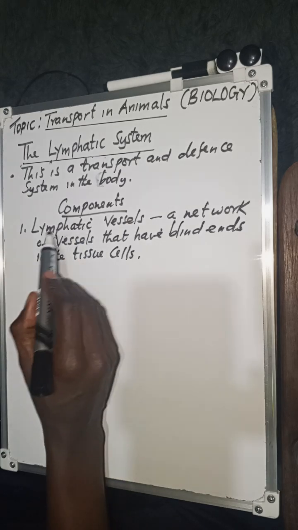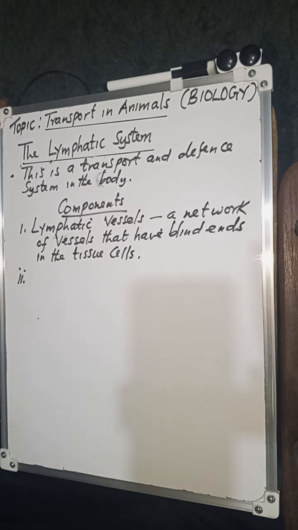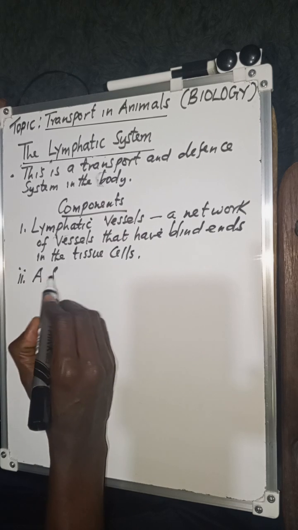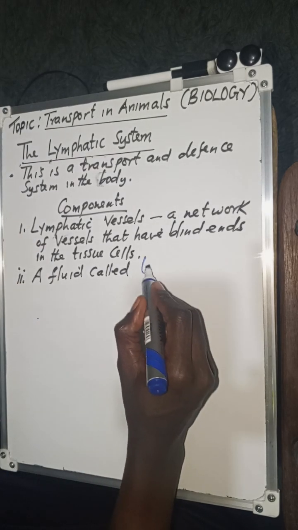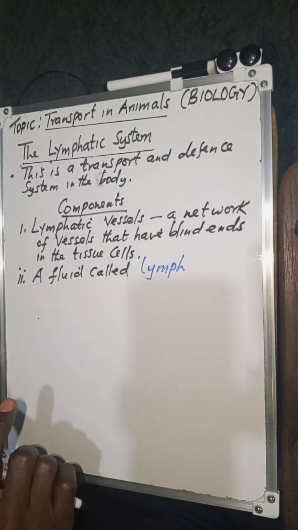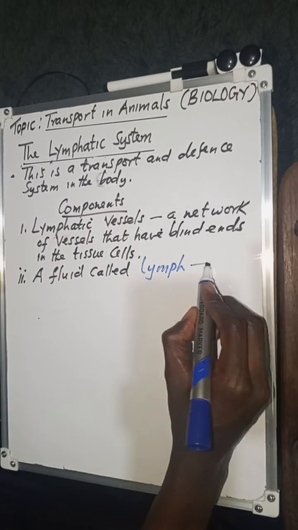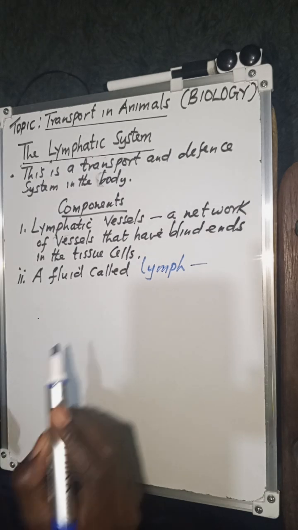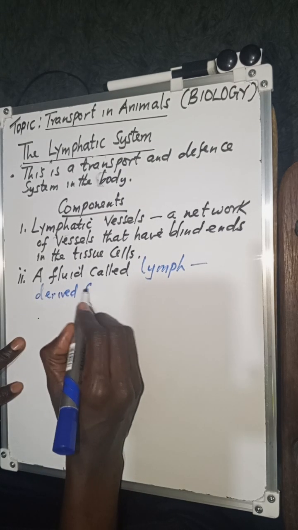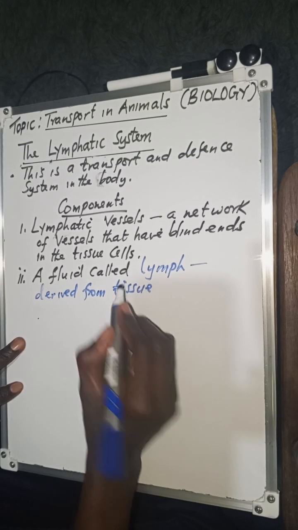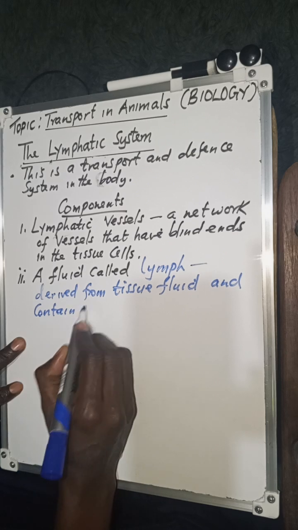So the lymphatic system is simply made up of, one, the lymphatic vessels. Two, a fluid called lymph. So they are made up of that. Now, of course, when we talk about this fluid we are calling lymph, it is actually derived from tissue fluid, and it actually contains more